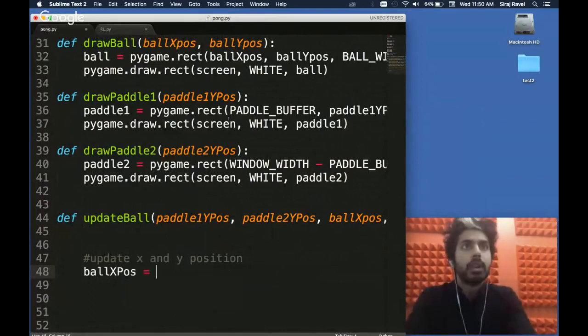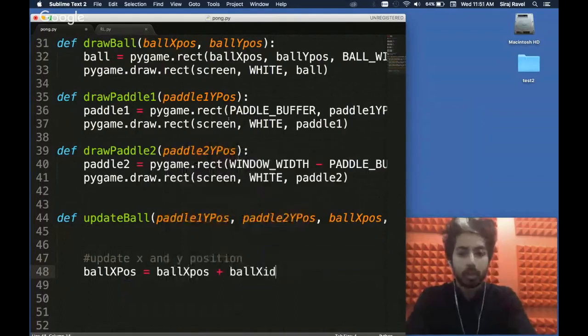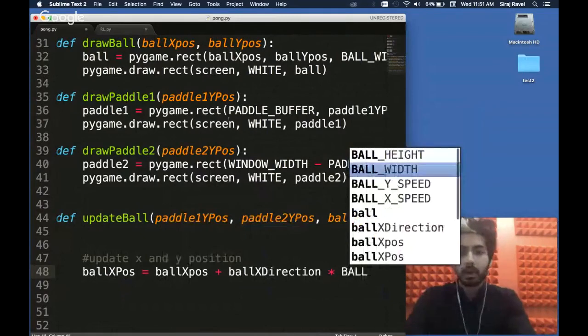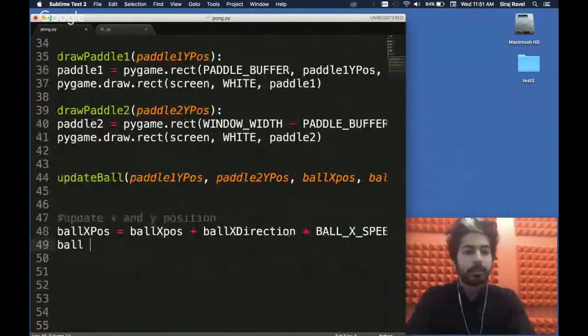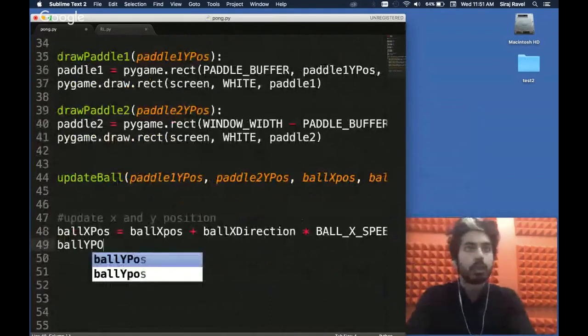So ball X position. We're going to take the original position and we're going to add the direction that it's going in, and we're going to multiply it by the speed of the ball. That's going to update the position of our ball, depending on how fast it's going and where it's going.